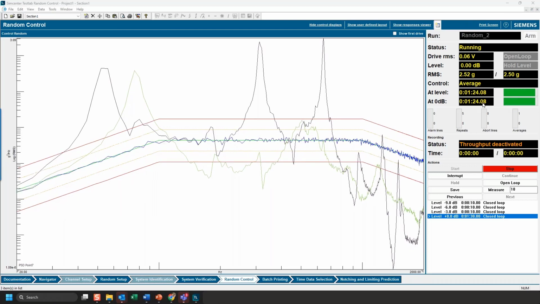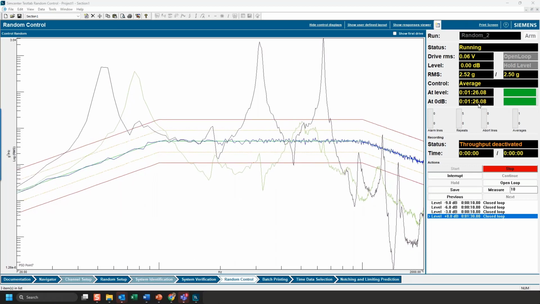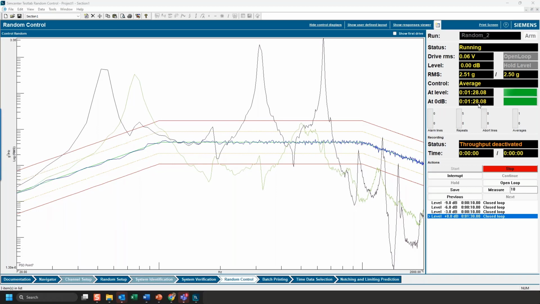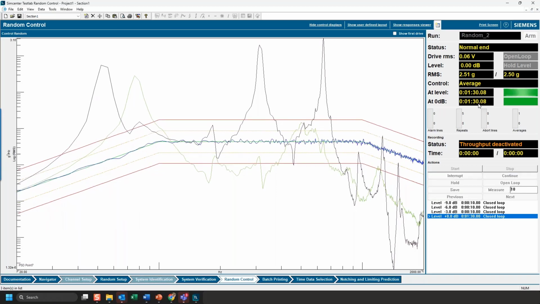All right, and we can see here we're almost at our full time. And at that point, our test ramps down and we're all good.